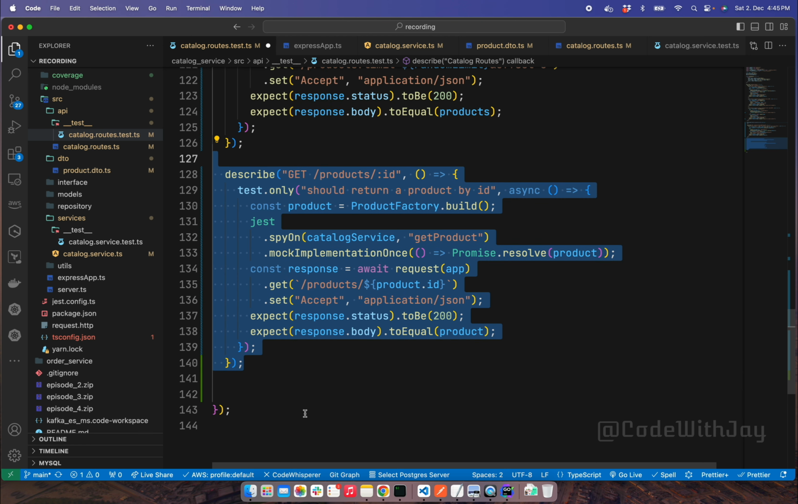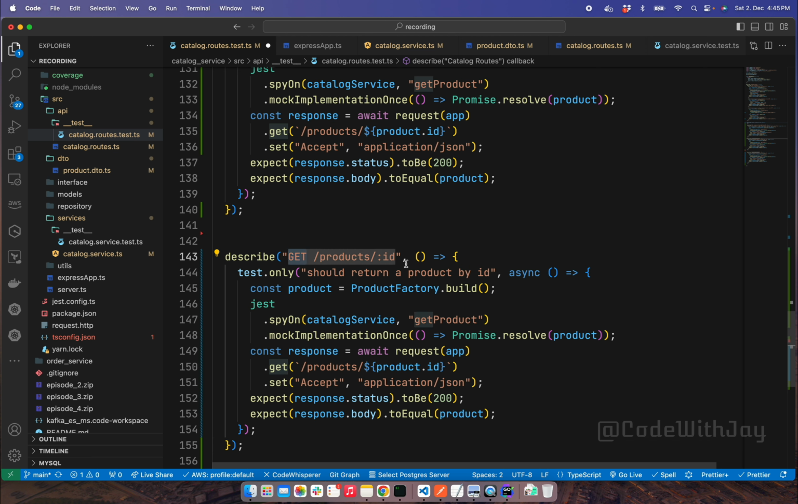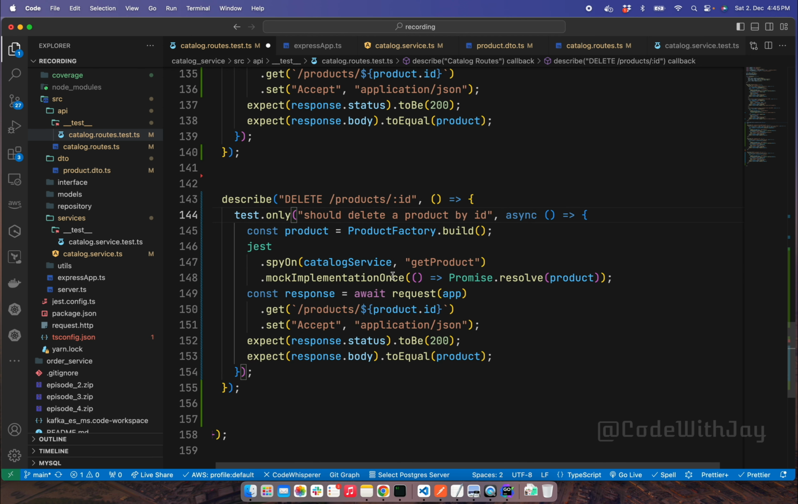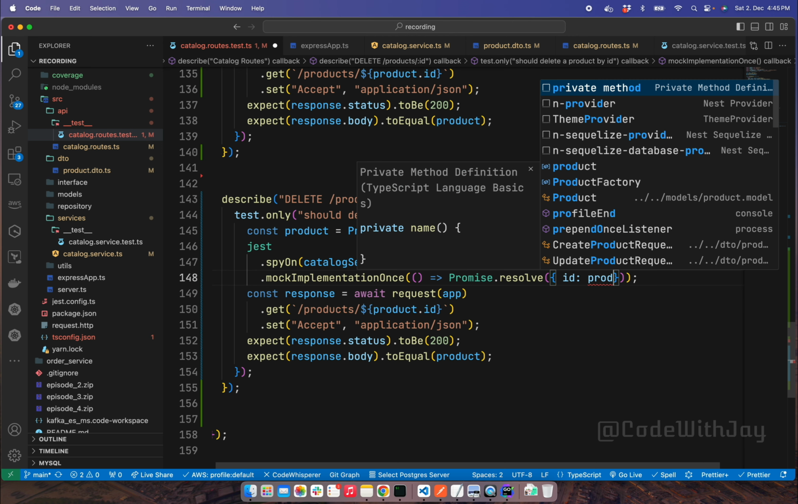Let's copy these things because it's going to be similar, just like get product by ID. This is going to be like delete product ID should delete a product by ID. And here also this has to be something like delete product. And now resolve it. This is perfectly fine. We are only going to return the ID. ID will be product ID,